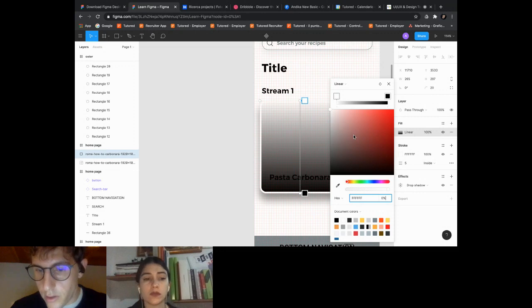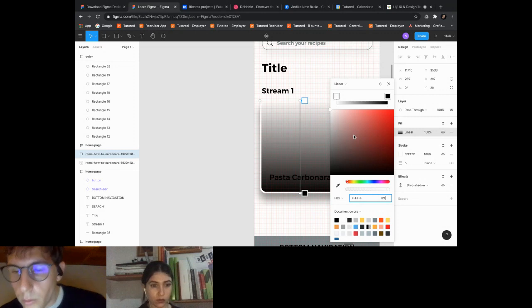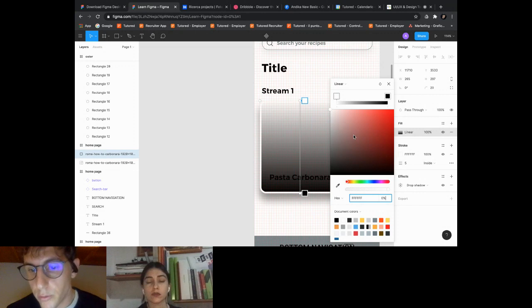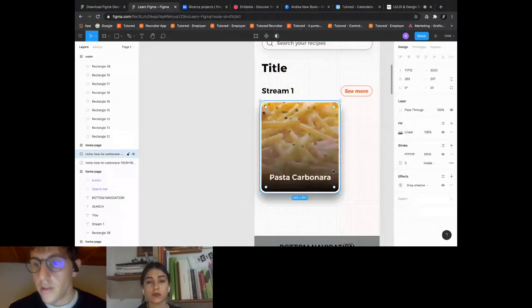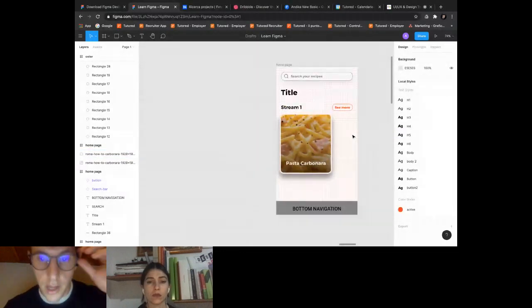We can change our title color, but there is too much black here, so we can decide to edit the opacity of the fill. So we are going to put 5% or less, decide by yourself.